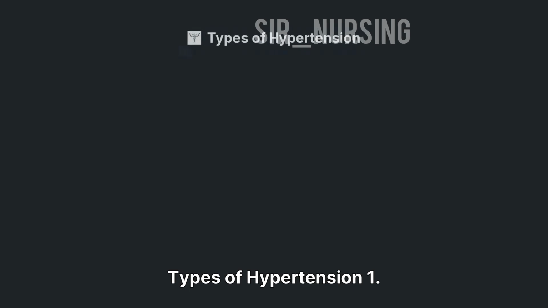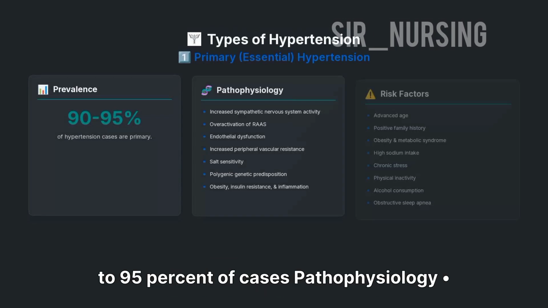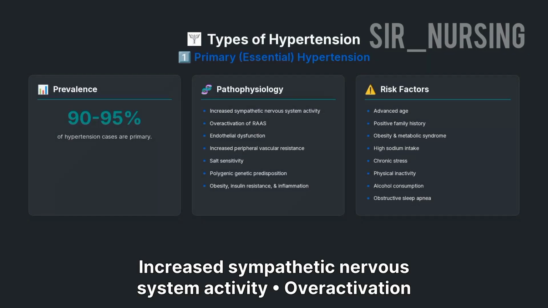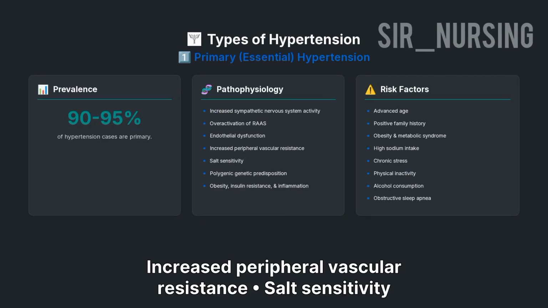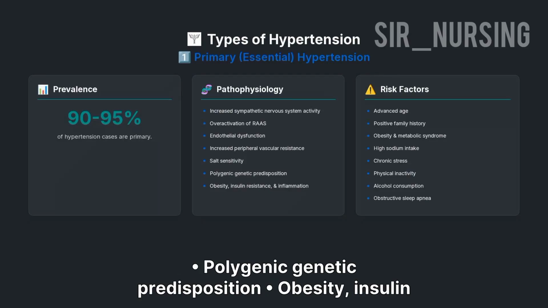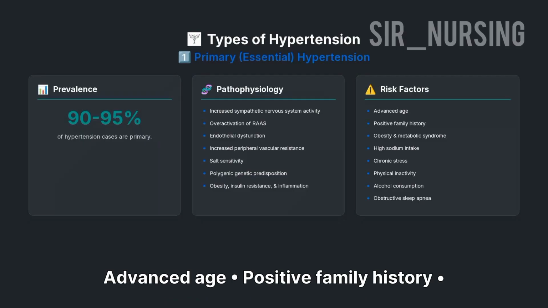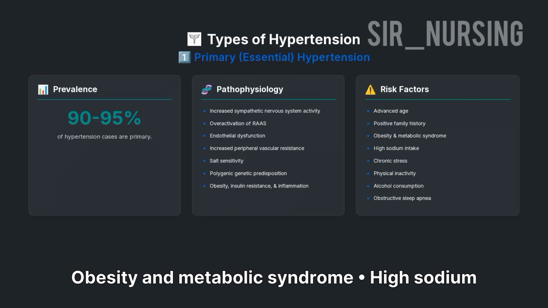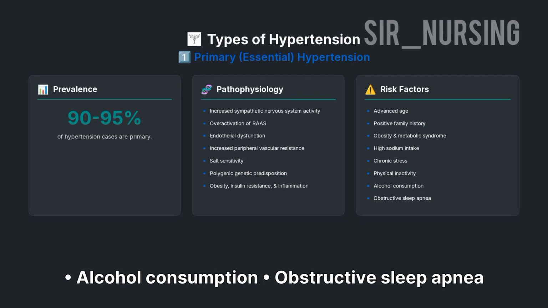Types of hypertension. 1. Primary hypertension prevalence accounts for 90 to 95% of cases. Pathophysiology: increased sympathetic nervous system activity, overactivation of the renin-angiotensin-aldosterone system, endothelial dysfunction, increased peripheral vascular resistance, salt sensitivity, polygenic genetic predisposition, obesity, insulin resistance, and chronic inflammation. Risk factors: advanced age, positive family history, obesity and metabolic syndrome, high sodium intake, chronic stress, physical inactivity, alcohol consumption,